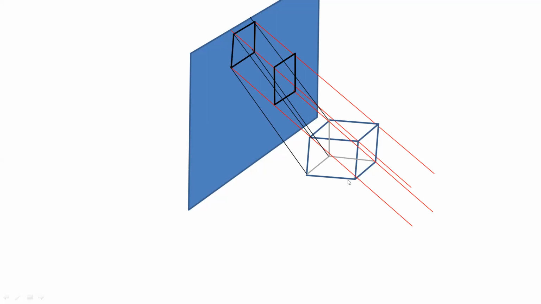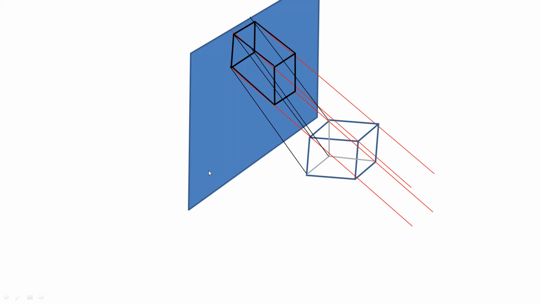But these two faces which are perpendicular to this projection plane, okay, so this face and the right face, their shape will be distorted. Okay, we will not get the true shape after the projection. So you can observe here, this is the distorted shape. Okay, and this projection will give the three-dimensional view of the given object, and this is called a pictorial view.